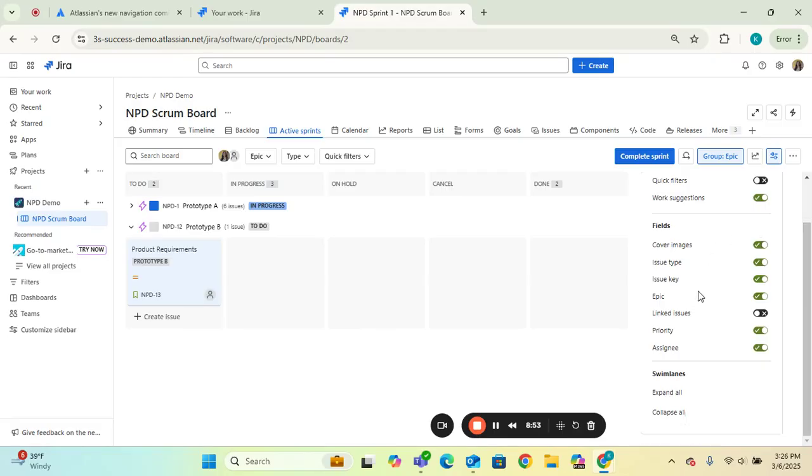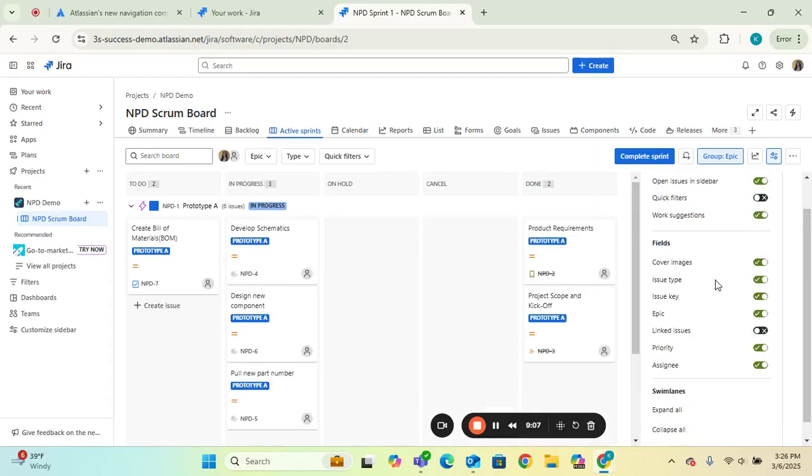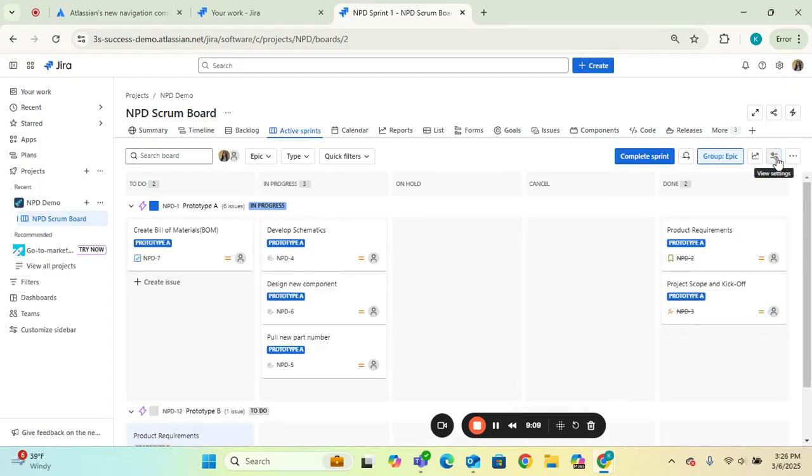If you scroll down a little bit further, you can see here that you can also view linked issues, or if I wanted to collapse all of these, if you have quite a bit going on your board view, you can collapse all through the view settings, or you can expand all. And so this is just one way that you can configure, again, your active sprints or your board view to